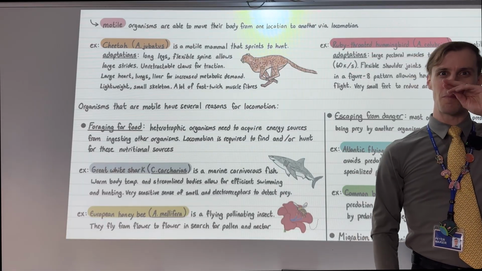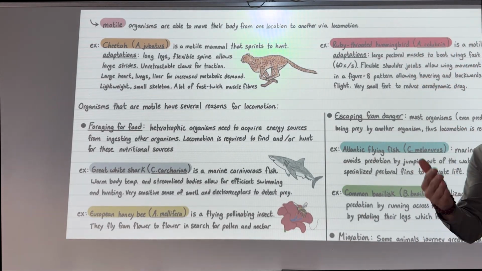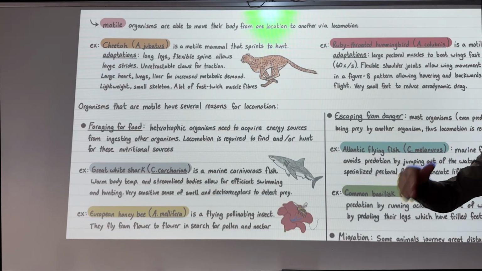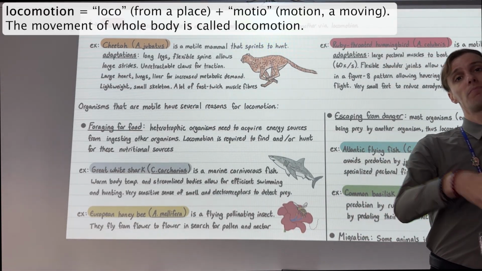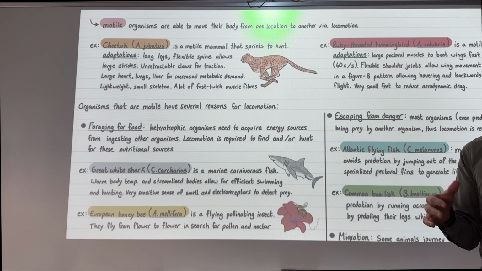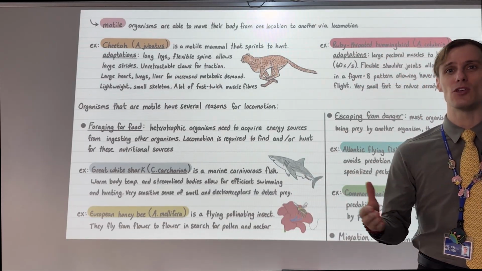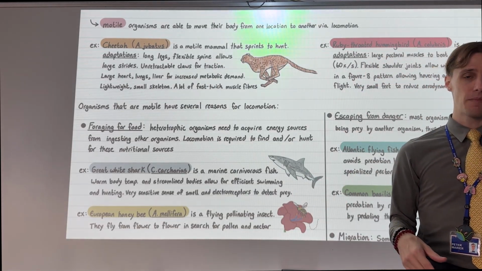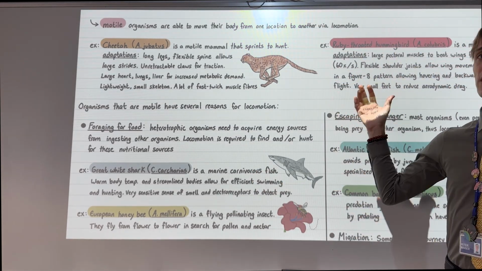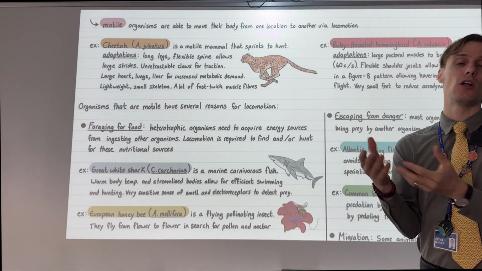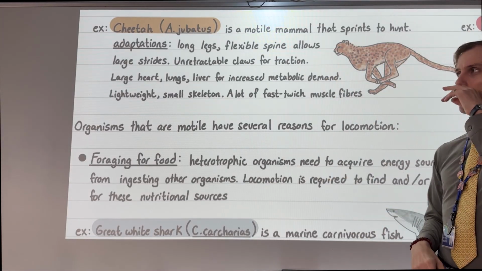Now, I think when we think about movement, we probably are thinking of a motile organism. And a motile organism is one that is able to do locomotion, meaning it is able to move itself from one place to another place. So the same learning outcome asks students to be able to describe motile organisms, again, using an example of their choice. I'm going to use 3 of my favorite animal examples to help demonstrate different ways that motility looks like in the animal kingdom. The first one is one of my favorite animals of all time, and that being the